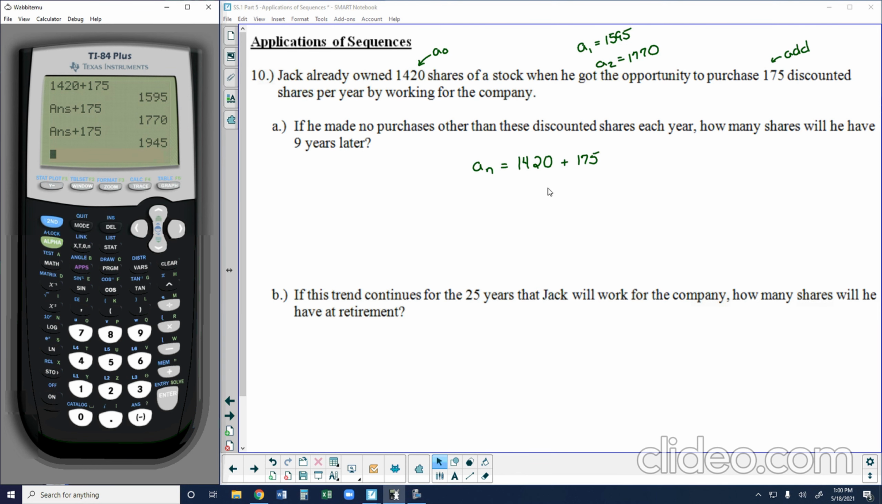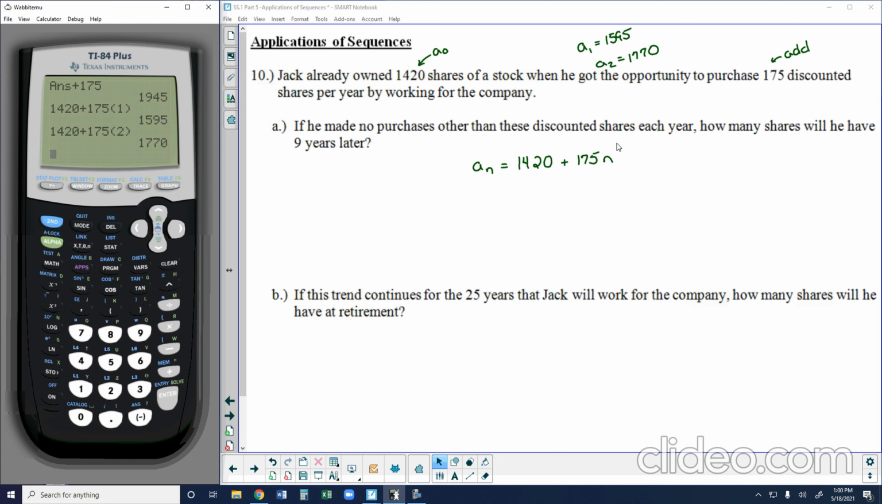So if we want to know how many shares he has of the stock, we can add 175 n times. So for the first year, we would add 175 once. For the second year, we would add 175 twice. Let me show you how that works here. So let's take that 1,420 plus 175 times 1. This should be A sub 1, and it is. Let's try another, 1,420 plus 175 times 2. This would be the second term, or A sub 2, which is 1,770 that we already found,